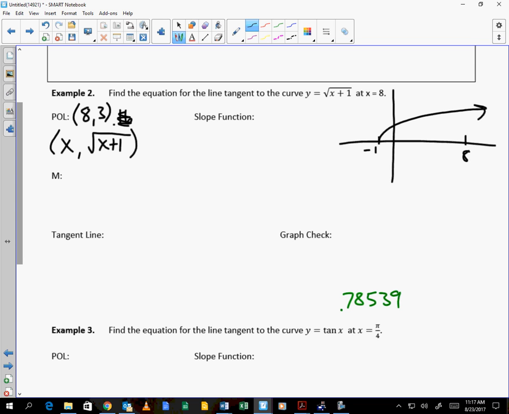Let's now figure out the slope. Y sub 2 minus y sub 1. What is my y sub 2 value? Minus, what's y sub 1? 3 divided by x sub 2 minus x sub 1. That is my slope function. So what we're going to do is we're going to plug in 9 and 8.5 and 8.1 and 8.01 right